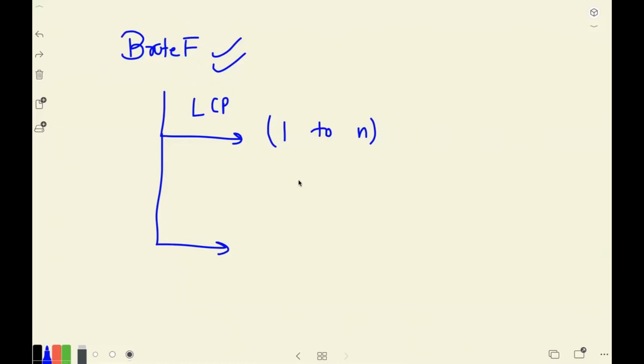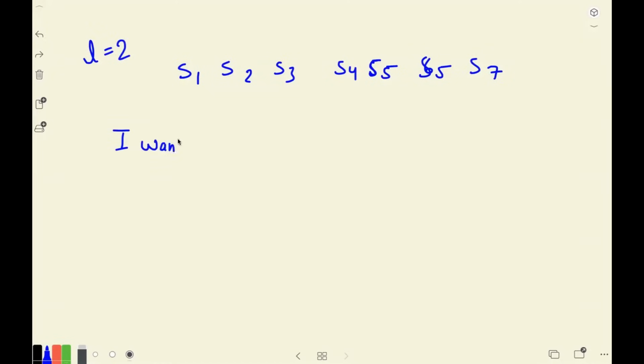Now, the other thing is, let's say I told you that the maximum longest common prefix you could have found was 3. Then how could you have cross-referenced this? Let's say I gave you a string. This was S1, this was S2, S3, S4, S5, S6, S7. And let's say L was given as 2 to you. Then don't you think the argument is, I want to find at least L